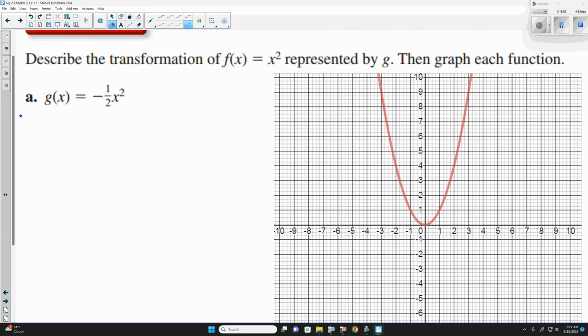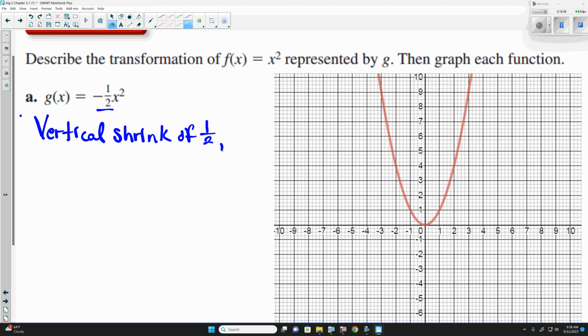So let's look at this here. Negative 1/2 x squared. So that a value does have a number, yes? We have the negative 1/2. Is it inside or outside the parentheses? Outside. If there's no parentheses, it's automatically outside. So there's two things: we have the negative and we have the 1/2. The 1/2 would be a vertical shrink